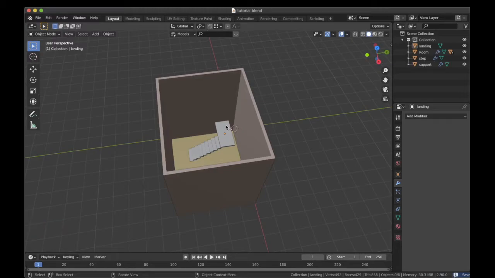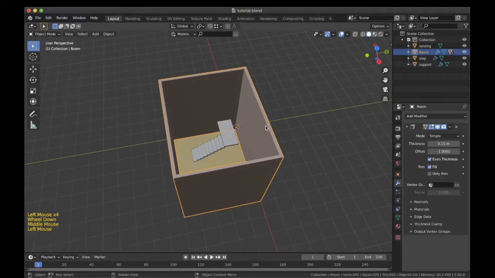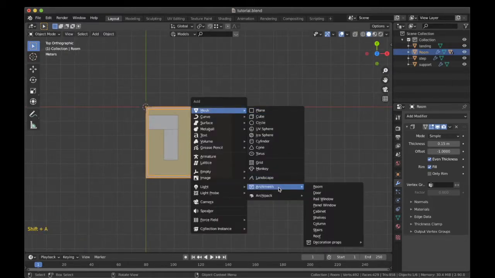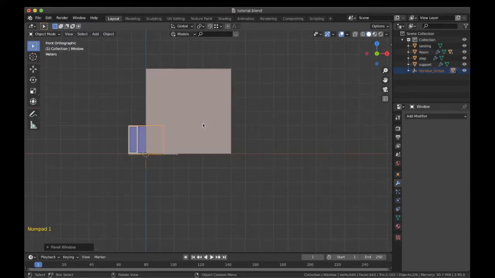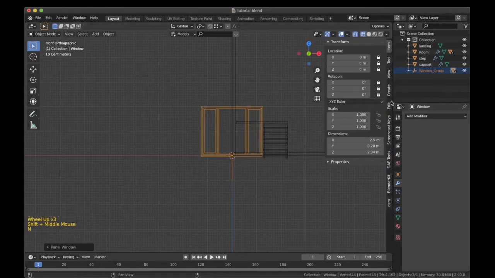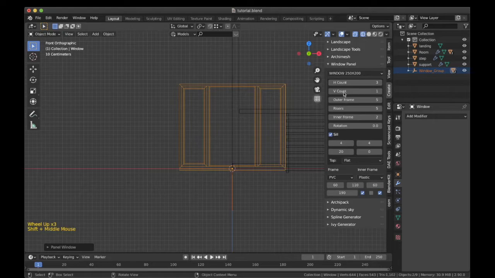Now I'll create the glass railing over here on one side. Before that, we can create the window over here. To create the window, we can again use the Archimesh add-on. I will go over here in the Archimesh add-on and then choose the panel window option. I will go to the front view using 1 on the numpad, and then I'll press N for the edit option. Over here in the create settings, you can see there are many settings for it. I will give it a horizontal count of 3, which is the number of windows horizontally, and vertically I will give it a count of 2.